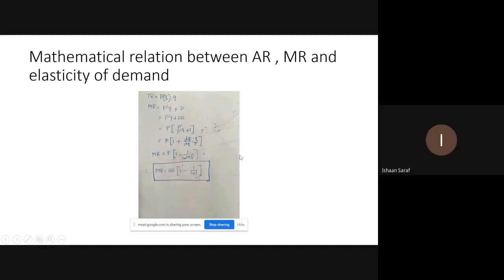Yes, ma'am. So now look, this is your total revenue, P into Q. So you know what is the marginal revenue? Change in total revenue divided by change in Q. So it is equal to P prime Q plus P. That means when you are differentiating PQ with respect to Q, the first one is P, which is a function of Q. Yes, so that P is here. And then you are getting P prime Q, that is differentiating P with respect to Q with constant Q. Okay. So that is P prime.